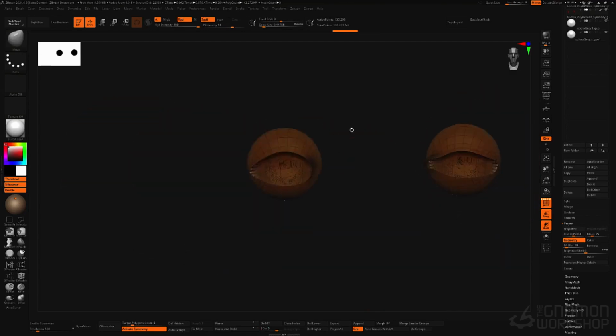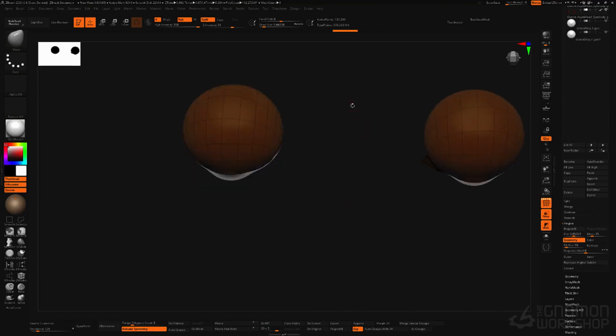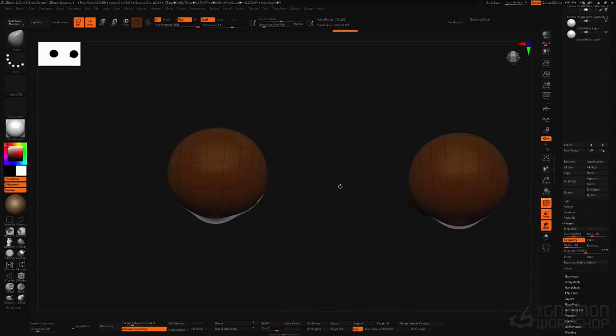And that's pretty good. What that's doing is giving us our cavity so that it doesn't intersect